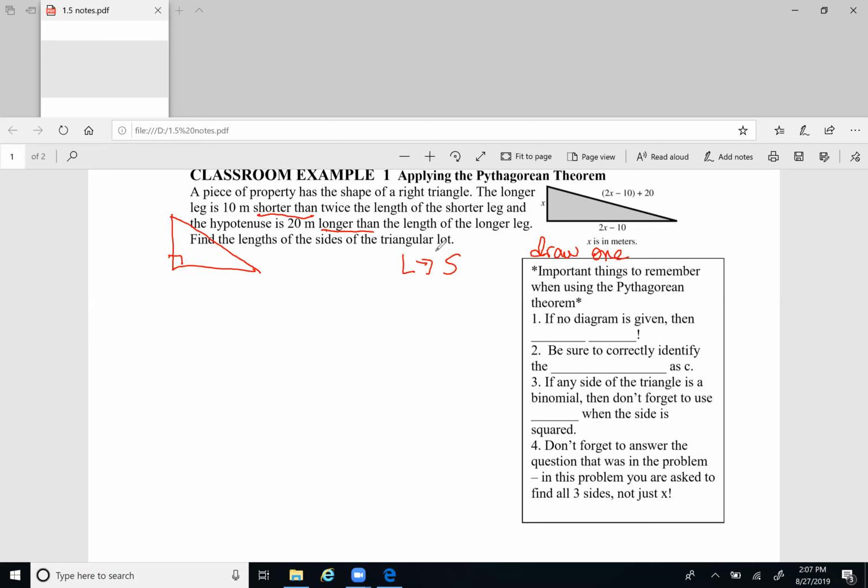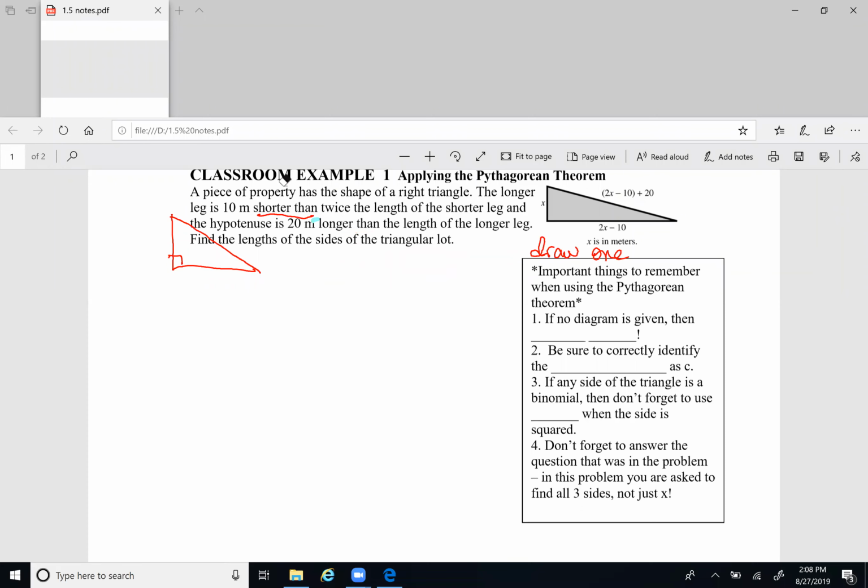But the second part of the statement says the hypotenuse is 20 meters longer than the length of the longer leg. So that means the hypotenuse is getting compared to the longer leg. So if I order these statements, I can see that the very bottom of the list, the starting point, needs to be the shorter leg, and that's going to be the one that I call x. Now, let me erase this part,